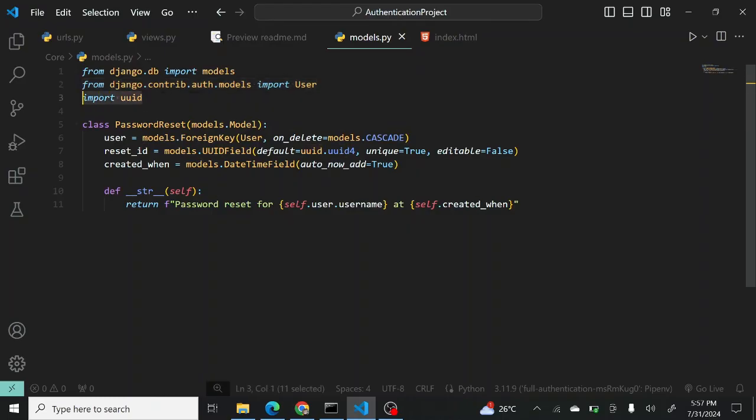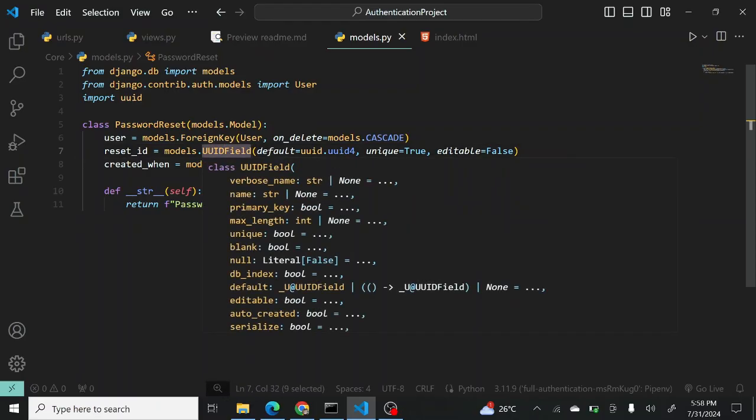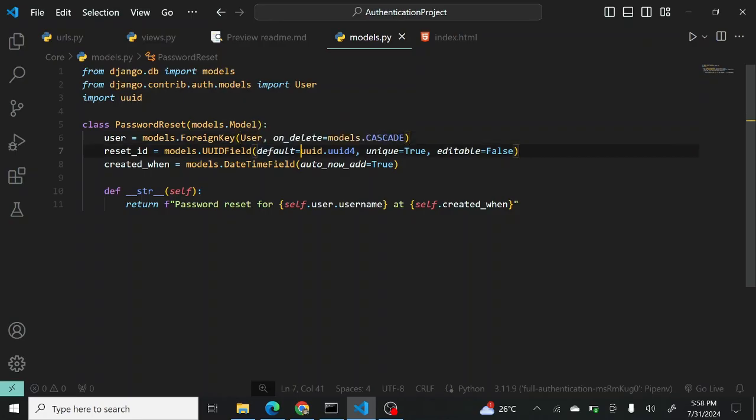and we are importing UUID because we want to generate a unique ID each time the user tries to reset their password. Now we have a class or a model called PasswordReset. This model has three fields. The user, that is the user who this reset ID belongs to. Then the second field is the actual reset ID. This is a UUID field, and by default, a new